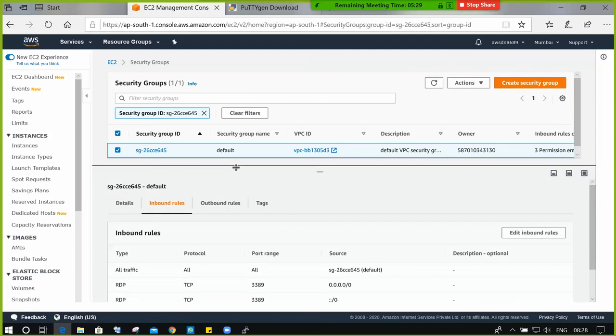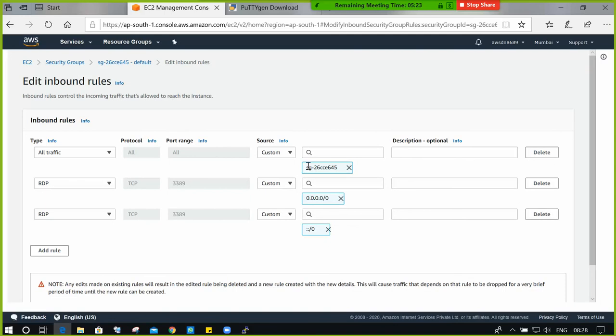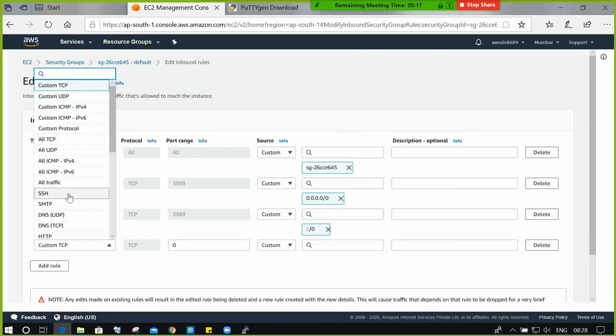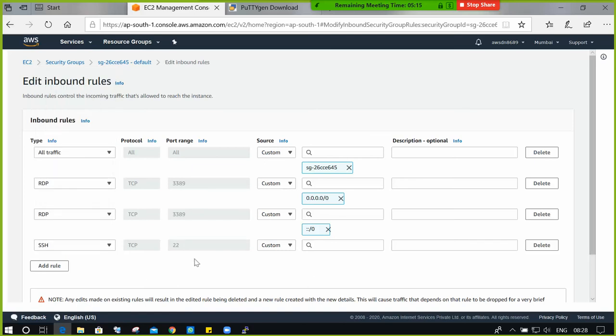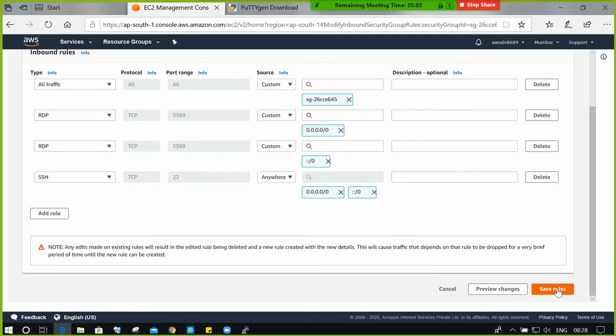At present only the RDP protocol is there. So click edit rules and add an additional rule. What is the rule name called? SSH. Select SSH. By default it takes port 22, and choose custom to anywhere. It automatically takes the routes. Save rules.